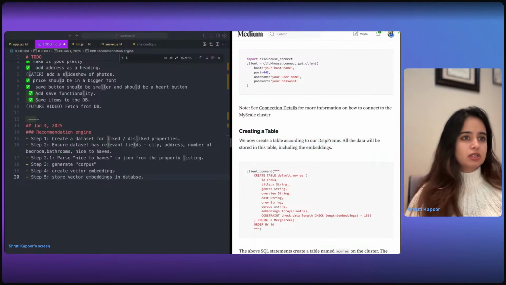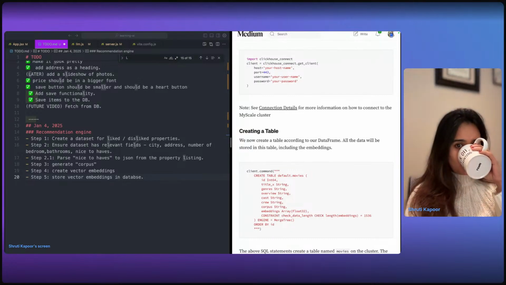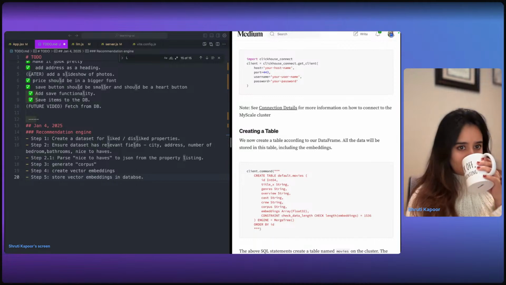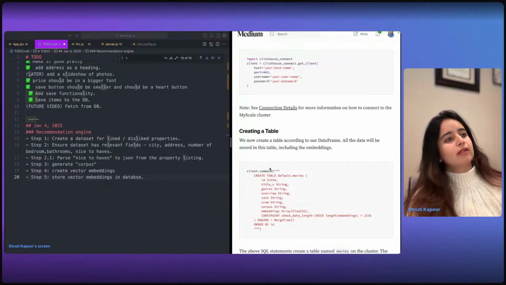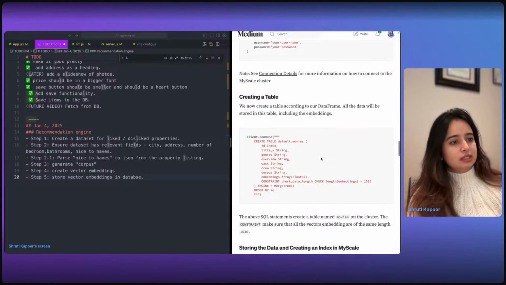All the data will be stored in this table, including the embeddings. So I guess that's just creating a table within the database, which is MyScale.